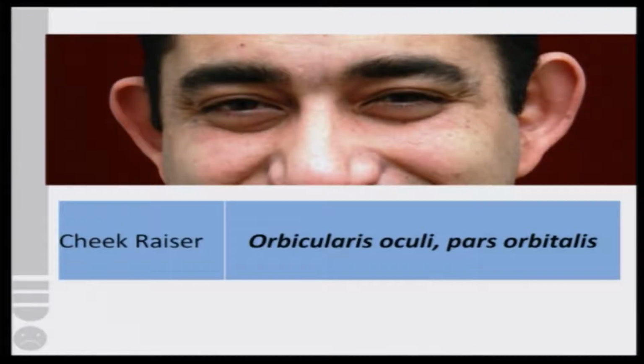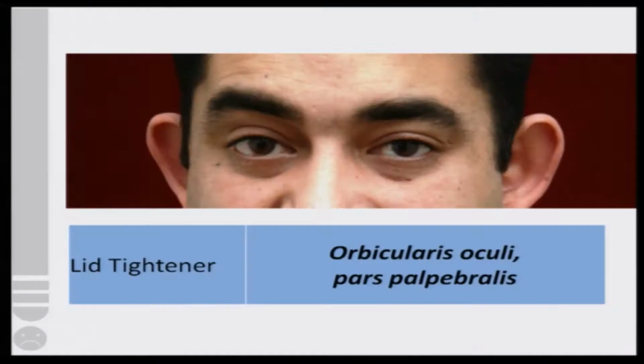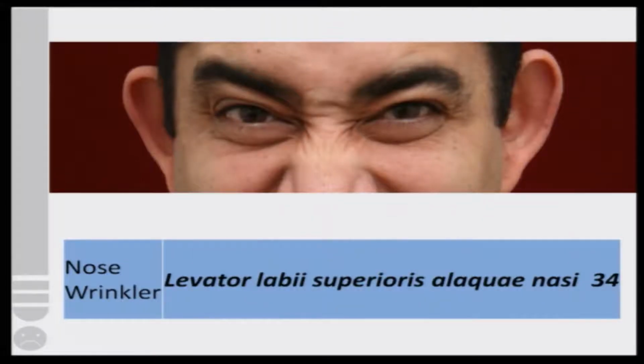Another emotional expression, and then you have the cheek raiser. Now, it is the orbicularis oculi muscle and the pars orbitalis muscle which are responsible for this movement. You see disgust on the face, and then you have the lid tightener here, disgust of an extreme order, and then you say that the wrinkler has actually made the image very, very distinct.